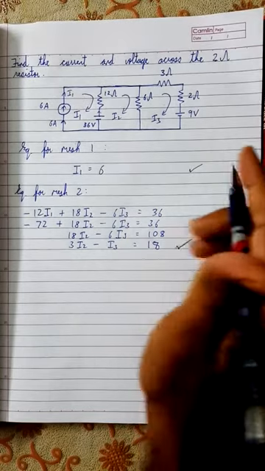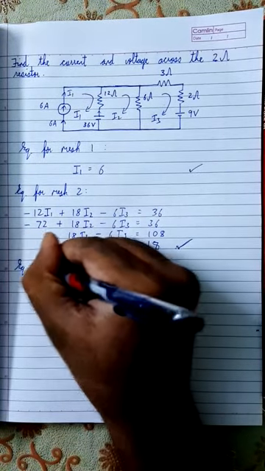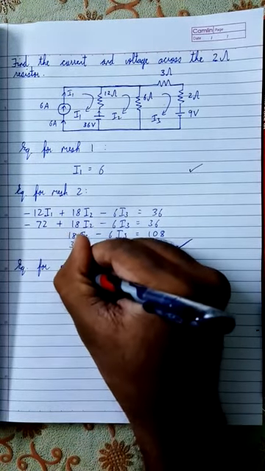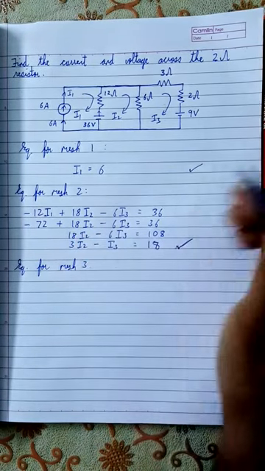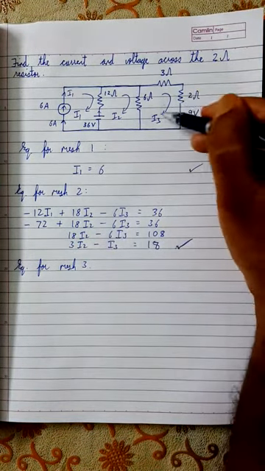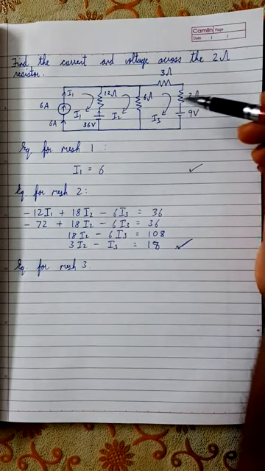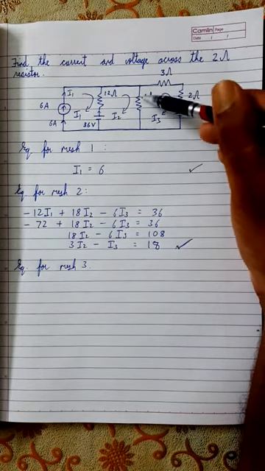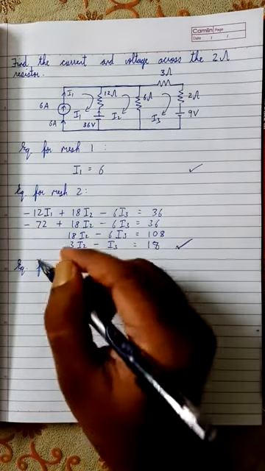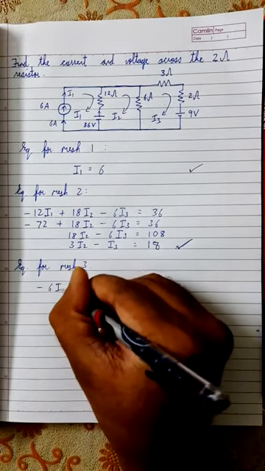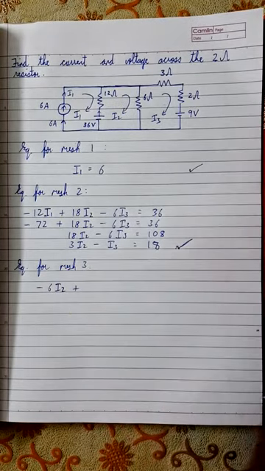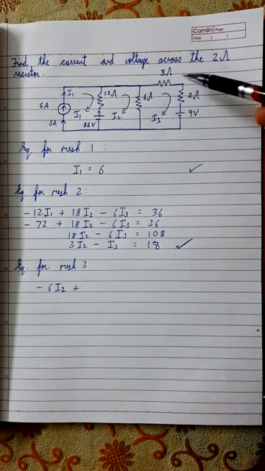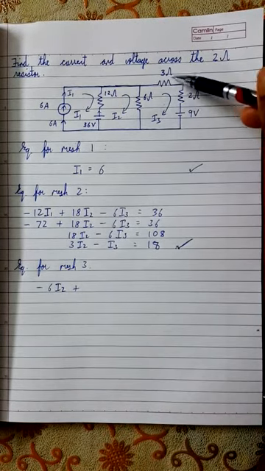Now I'm going to write the equation for mesh 3. In this mesh 3, I3 is positive and the remaining currents are negative. Remaining currents means only I2 is there. So I2 touches only this one over here, so it's just minus 6 I2. And what about I3? I3 touches this 6 ohm, this 3 ohm, and this 2 ohm. 6 plus 3, 9, 9 plus 2, 11.